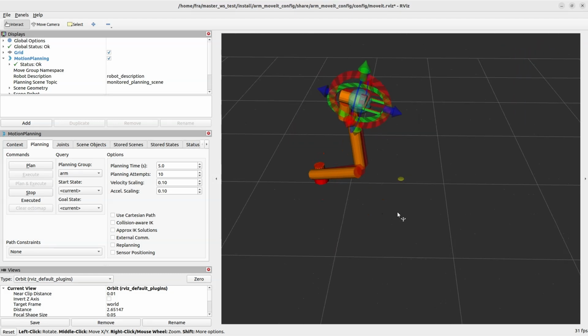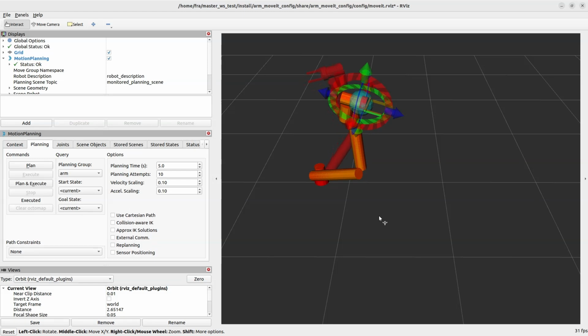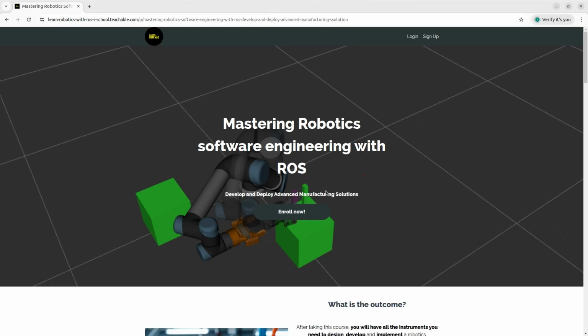Okay, so that's all for today. I hope that you enjoyed this video and you got a lot of added value, and that it solves the problem that you have faced in interfacing MoveIt and your ROS2 package. Again, I understand that this tutorial could be complex because it starts from an intermediate level, but I want to let you know that